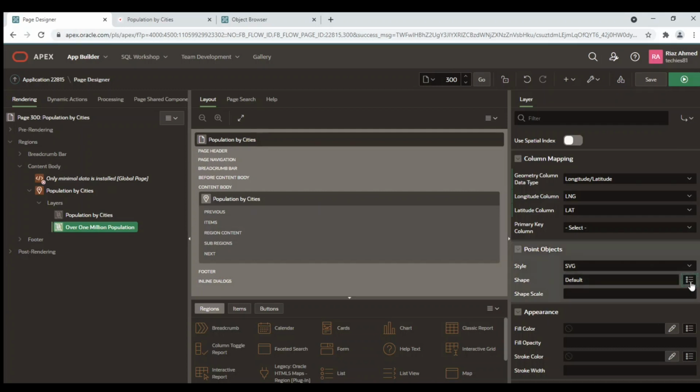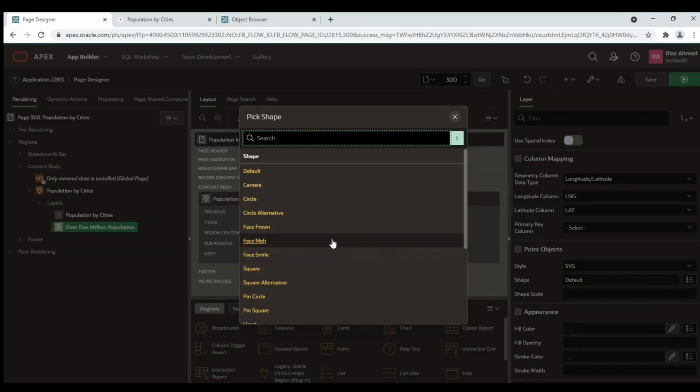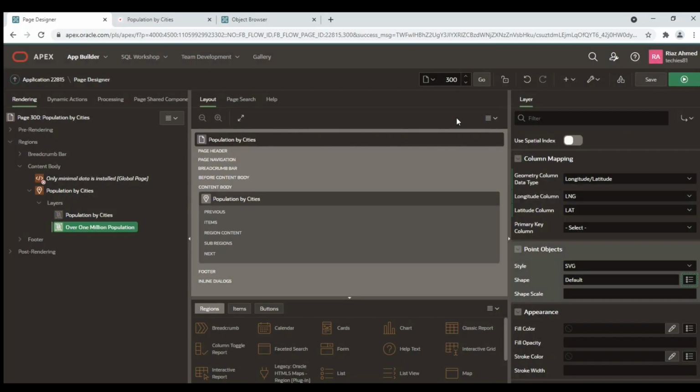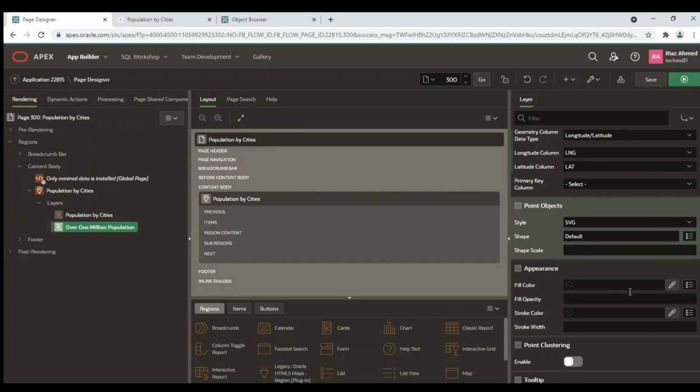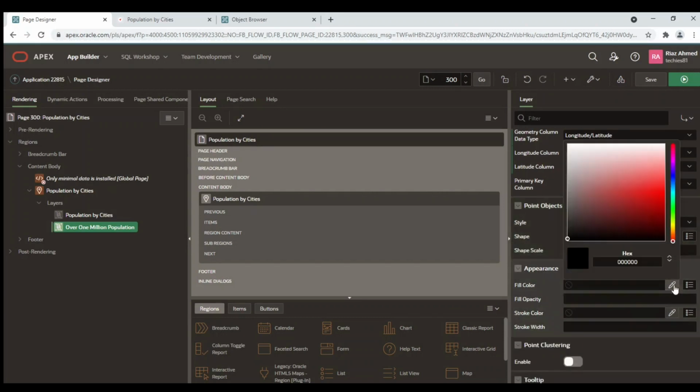The shape property specifies the SVG shape to display point objects. When no name is specified, or the specified name is not in the list of default or custom SVG shapes, then the default shape is used. Specify a color for the marker using the fill color property.